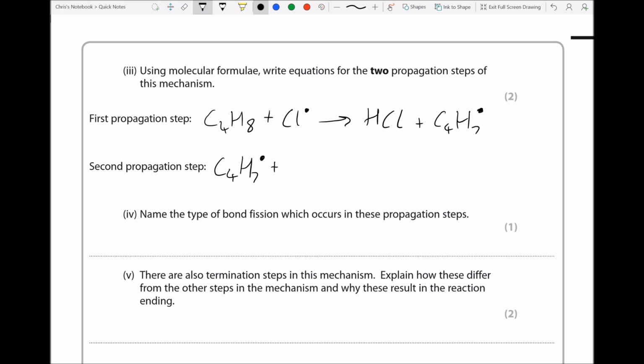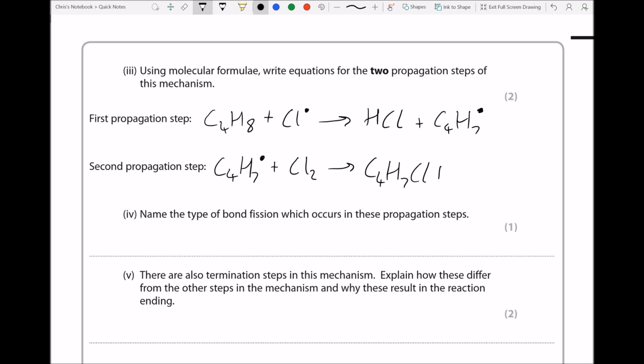Now, what that is, is chlorine. This is a chlorine molecule which hasn't yet been split by UV. And we play this game of pass the radical again. Remember, this C4H7 doesn't want the radical, so it's going to react with the chlorine to form a non-radical, and the radical is going to be passed over again. So we're going to form, obviously, our haloalkane,